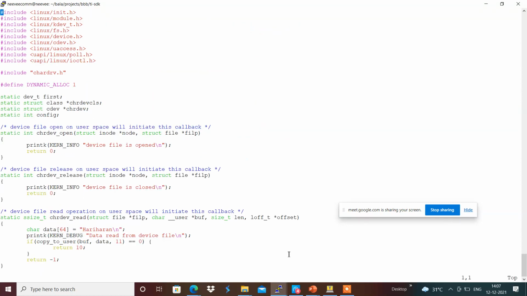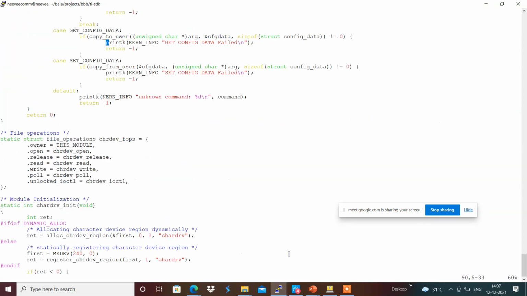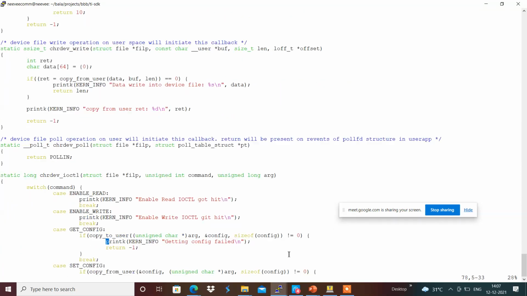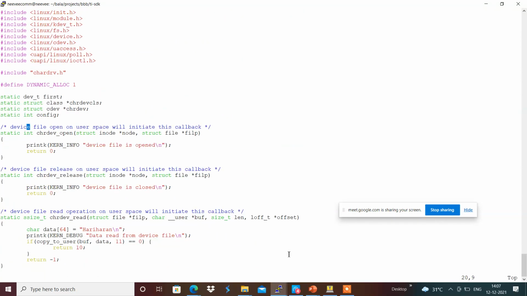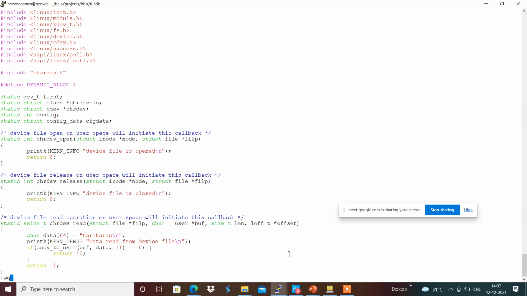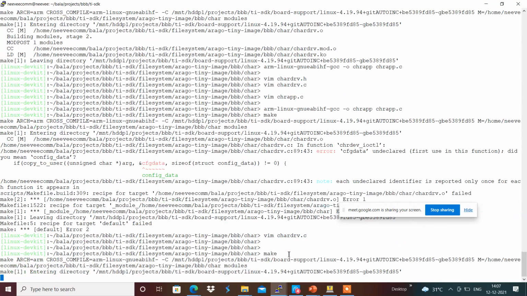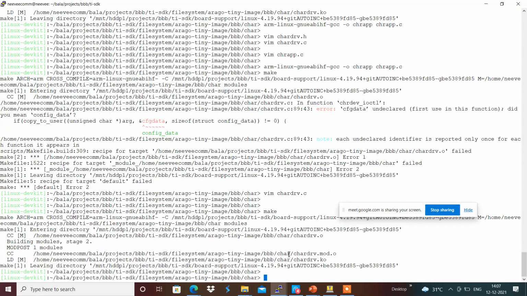Static struct config_data cfg data over here. Yeah, it has been inserted. Now we can get that information, and I'm going to do rmmod and insmod this and chr app.